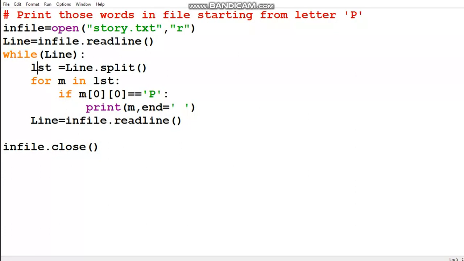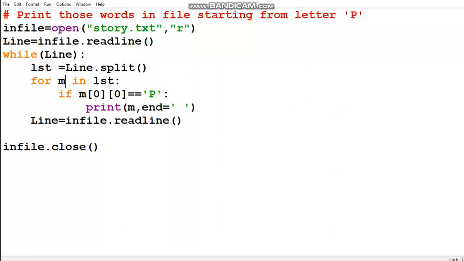So the first line will be split, each word will be stored in the form of a list in LST, and then I am putting one more loop, nesting of loops, for M in LST. If M[0][0], that means each word, M's 0th.